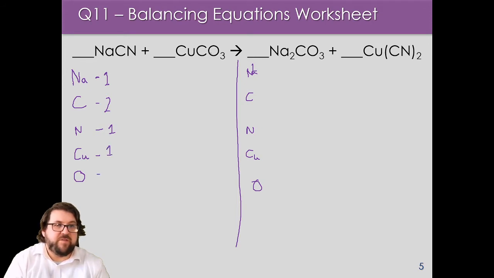Oxygen, we got 3, CaCO3. Now, before I was going straight across the row, so whichever one feels more comfortable to you, I tried it a different way this time. Sodium atoms, I've got 2 of those, Na2, and that's it. Carbon atoms, I've got 1 there. And then I've got a CN, all in brackets 2, so that means 2 copies of the CN